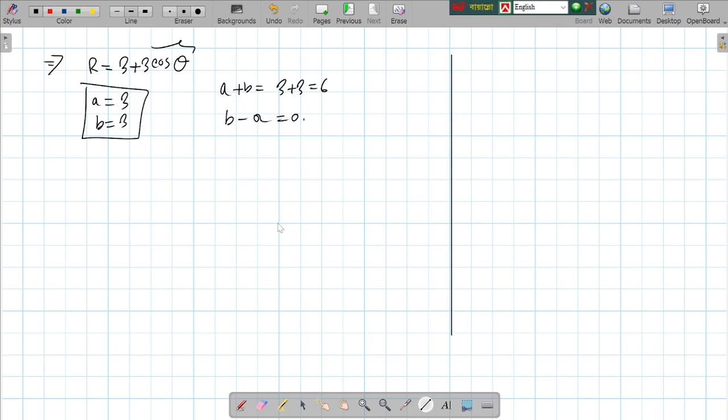So let's start to trace the curve. We need to trace this position along the x-axis, 1, 2, 3, 4, 5, 6. Now this is the position of a plus b, and the b minus a position is 0 at the pole, and the value of a along the y-axis, 1, 2, 3. And the graph is